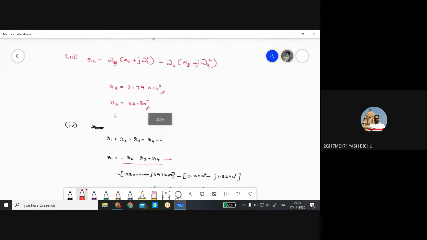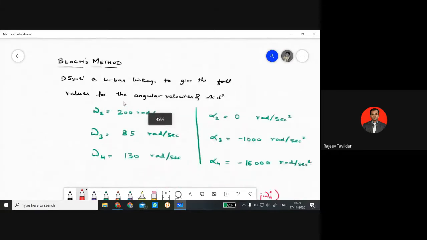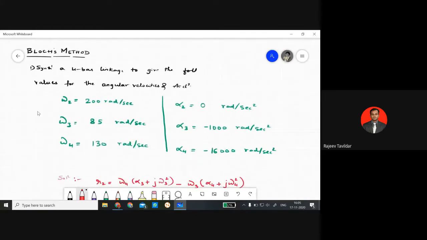Yes, sir. Now the only variation in this problem is that I can change these values. So instead of alpha 0, I can make it 100 or some other value. It creates another problem. Let me know if you want me to solve one more problem on this. All I have to do is change any 2 or 3 values, put other numbers, and solve it. Sir, yes, in the next class you can solve.